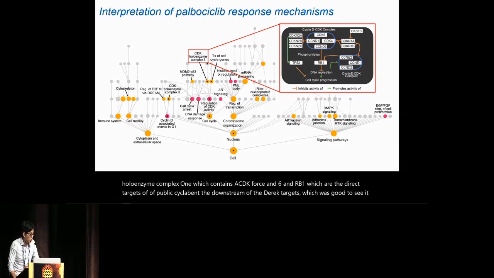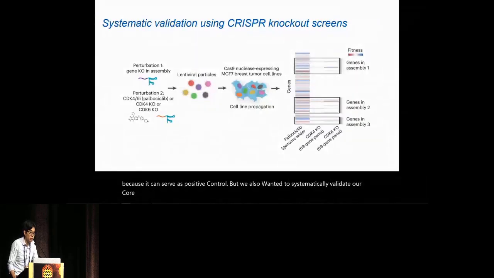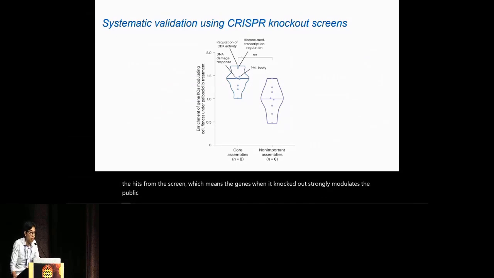But we also wanted to systematically validate our core assemblies, whether they're actually important for palbociclib response. So we were able to find a genome-wide CRISPR knockout screen followed by palbociclib treatments. What we observed is that the hits from the screen, which means the genes that when knocked out strongly modulate the palbociclib response, were more enriched in the core assemblies than in the assemblies that were defined as non-important